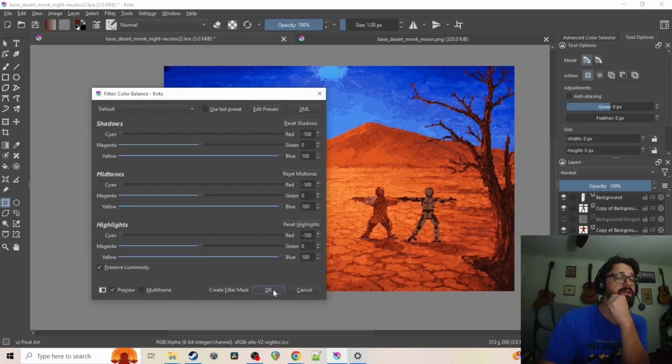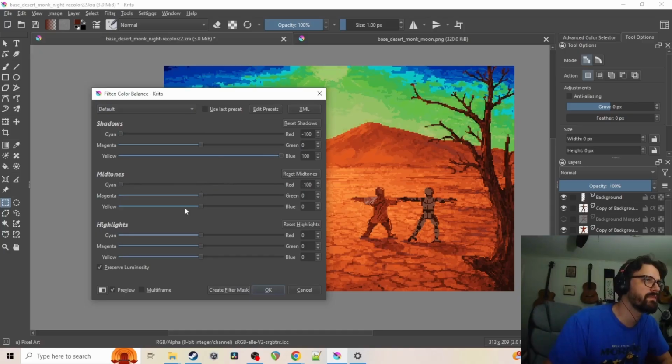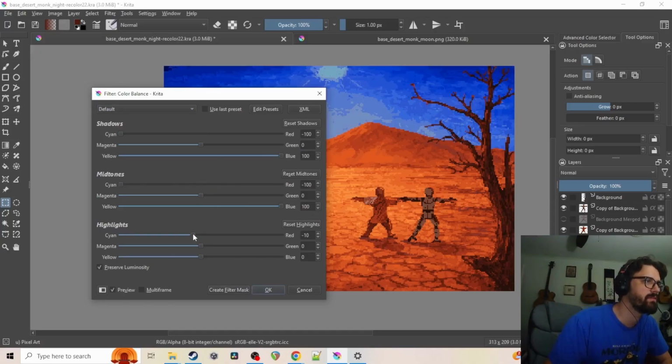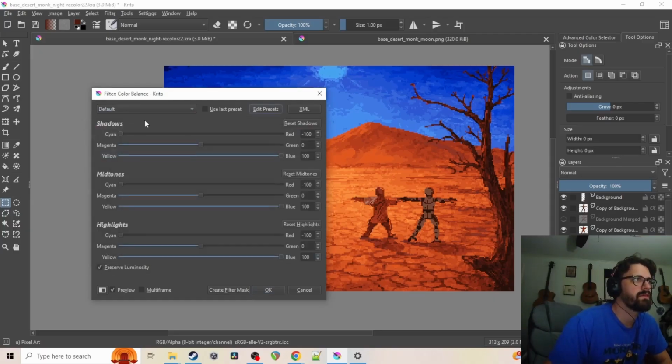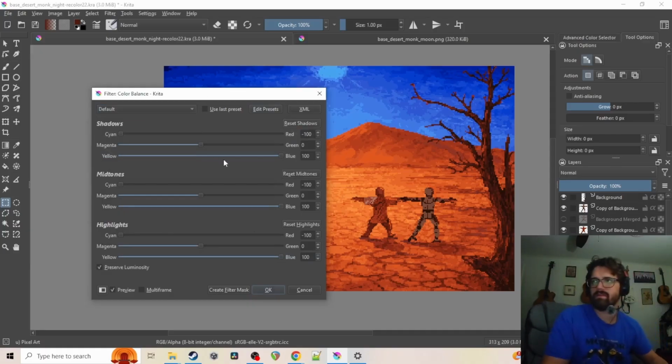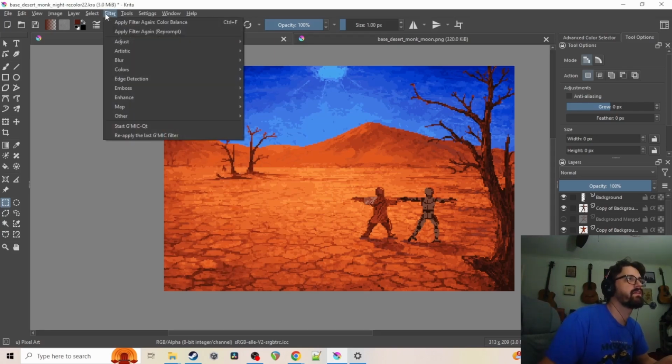If I just hit OK, rather than create filter mask. I just wish I could save this so I don't have to do the little sliders each time. I mean, it's not the end of the world, but it would just be nice if I could kind of almost save it as a current configuration. Okay, maybe that's how. And then with that, okay, that'll be there. All right, that's kind of cool. All right, so we're going to hit OK. Okay, now it's actually changed, and now let's see if we can do the